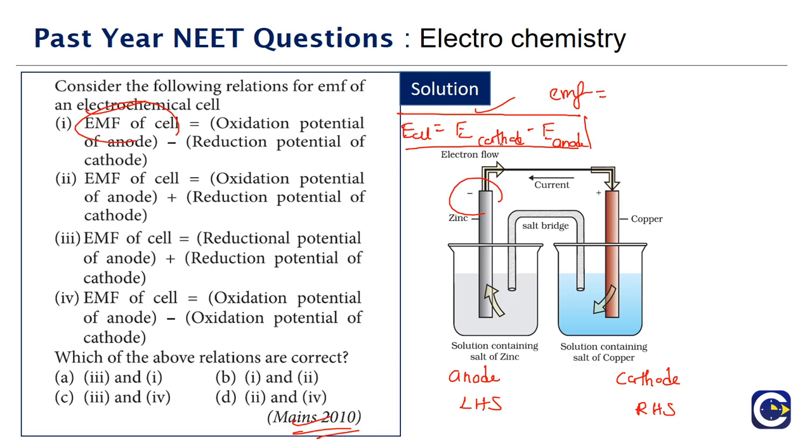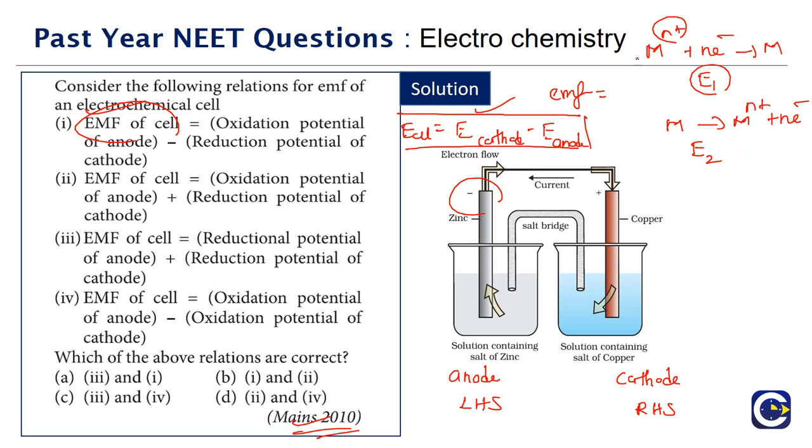Now if you look at these options, they are not just talking in terms of the reduction potentials, they are also talking in terms of the oxidation potentials. So how do we understand the oxidation potential concept? For any reaction, let's say we have a metal ion gaining electrons to form the metal. This is reduction. Let's say for this the potential is what we call the reduction potential, E1. If you reverse the reaction, metal giving rise to metal ion and electrons, that is the oxidation step. So for this the potential we will call it what?